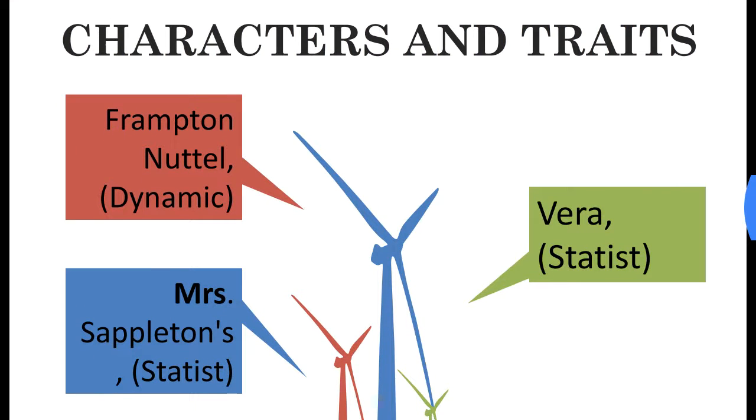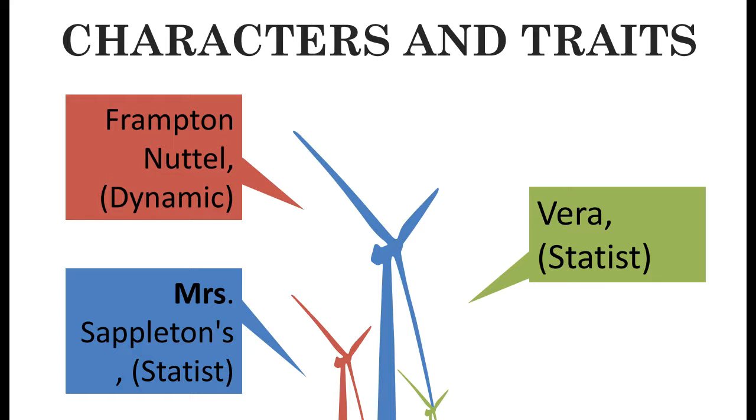And then the characters, there are 3 characters. The first is Framton Nuttel, and he is dynamic. Why is he dynamic? Because in that story, he does not keep the same character from the starting. He is in the story until the end, but he became